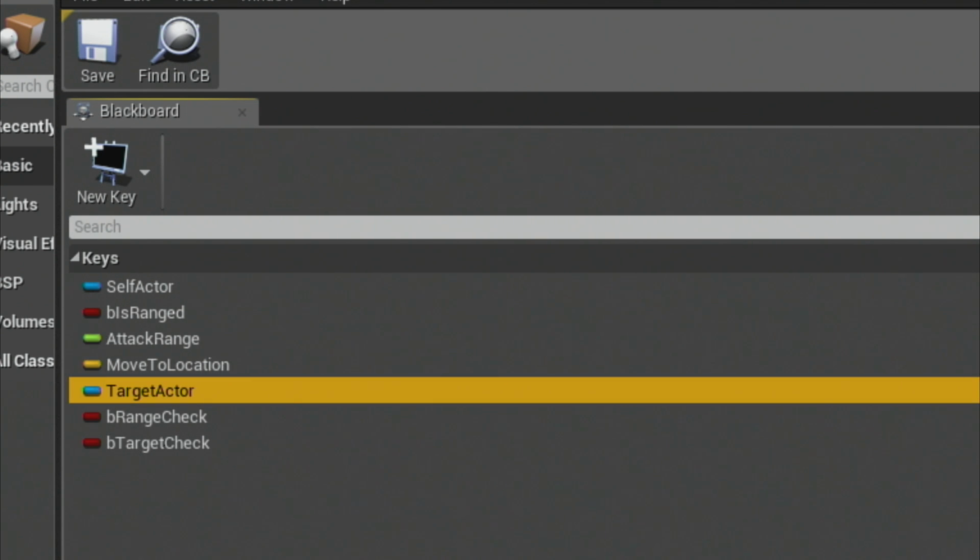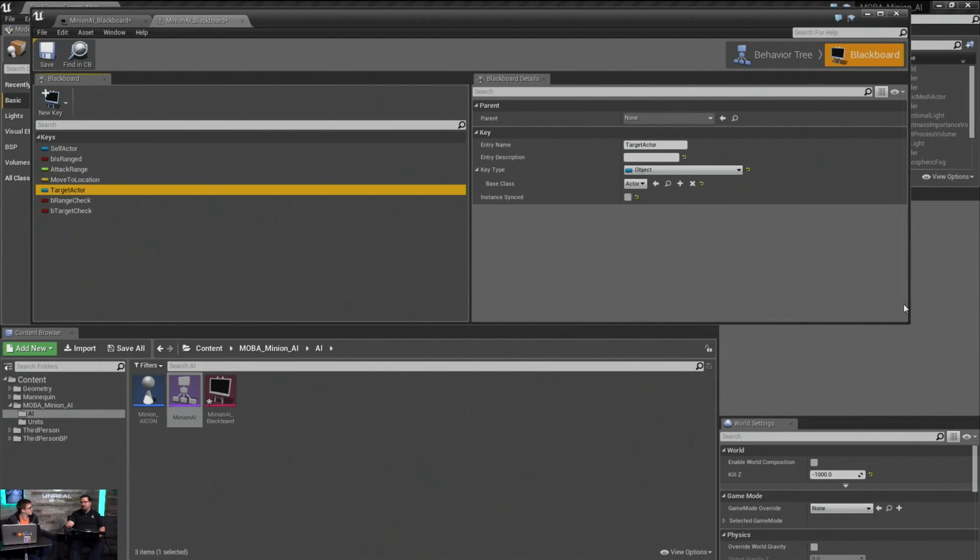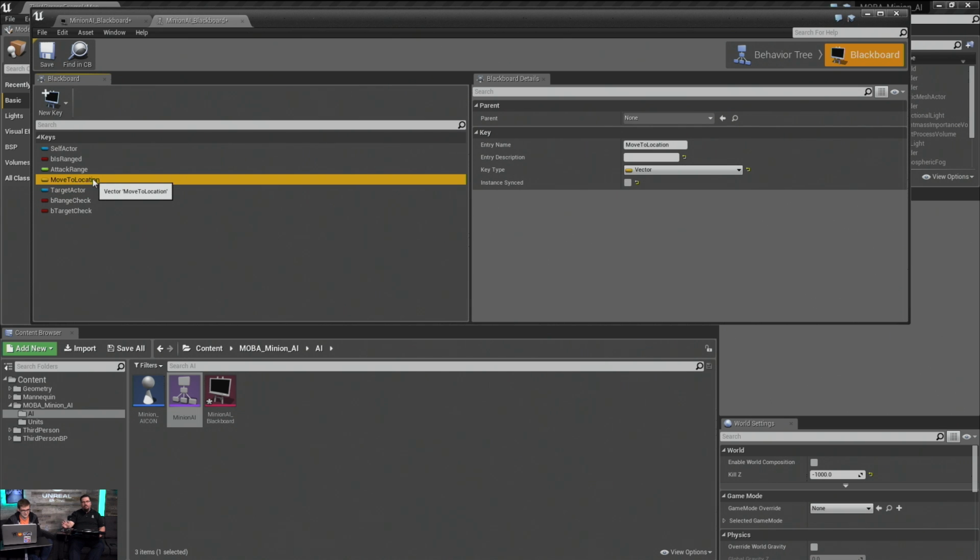If you didn't see what I did over here, guys, the type is an object, which is really, really low level Unreal stuff. Your base class just changed to actor. This will allow us to get it as an actor at a later time and continue to use it. Our move to location is going to be our waypoint. They're going to be used for absolutely nothing but waypoints. But it's going to be constantly stored. So the waypoint that I want to get to will always be stored.